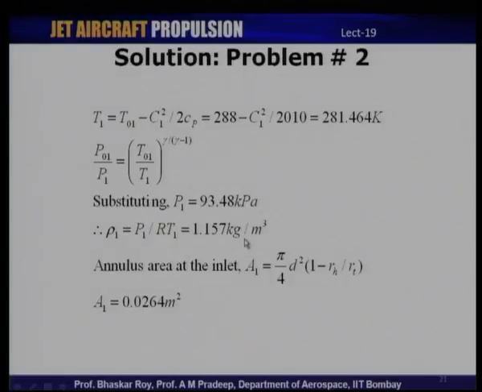Now, the other aspect we need to calculate is the annulus area. For mass flow rate, we need the axial velocity, which we have calculated as C1, then density we have just now calculated. The next thing is the annulus area. So, annulus area at the inlet is pi d square by 4 into 1 minus the hub to tip ratio squared. So, d is given as 0.2 meters, hub to tip ratio is 0.4. So, if you substitute for d and hub to tip ratio, we get the area A1 as 0.0264 meter square. So, this is the annulus area at the inlet,